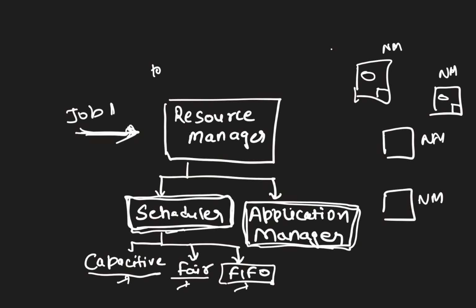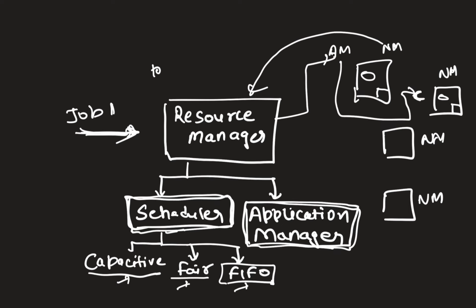So you will have one application master, and then you will have a container which will execute the task, and node manager will keep on reporting the status back to resource manager that how many resources a particular node is left with, right? So this is how it works, and this is how it communicates with different job execution. I hope you got the overall idea about Yarn Resource Manager.